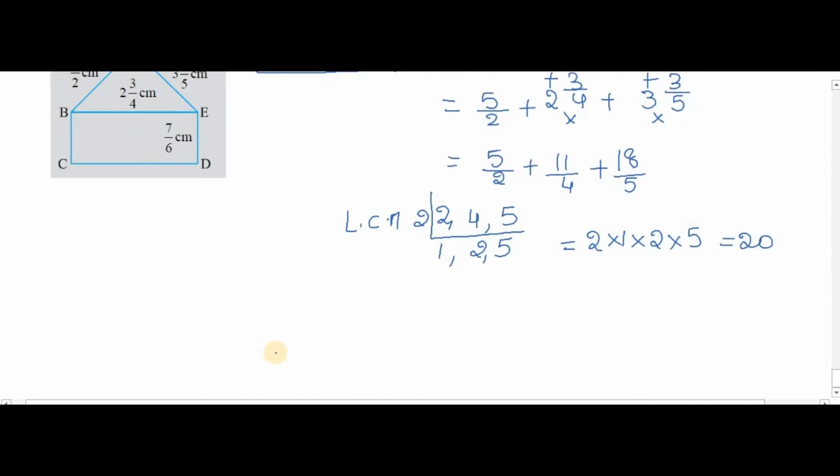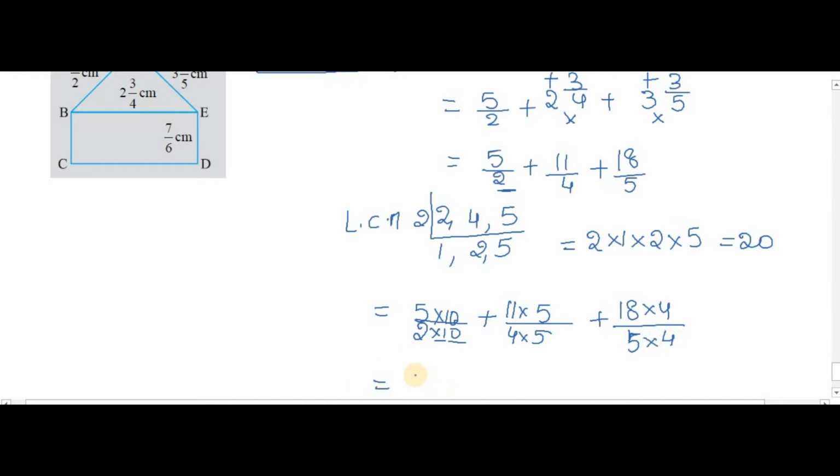Now we'll move on to the next step. What is the reason we did LCM? We want our denominators to become 20. So in this question, my 2 should become 20. In the 2 table, to get 20, 2 tens are 20. Whatever you do in the denominator, you should apply the same to the numerator also. So here I multiplied by 10, and I do the same for the numerator also. Now in the 4 table, to get 20, 4 fives are 20, so multiply by 5 in the numerator also. In the 5 table, to get 20, 5 fours are 20, so multiply by 4 for the numerator also.